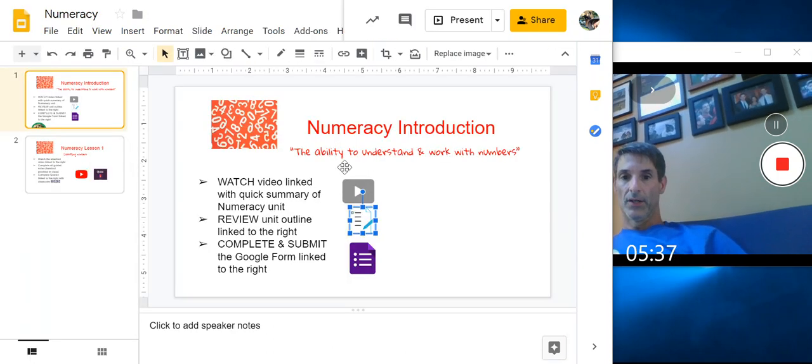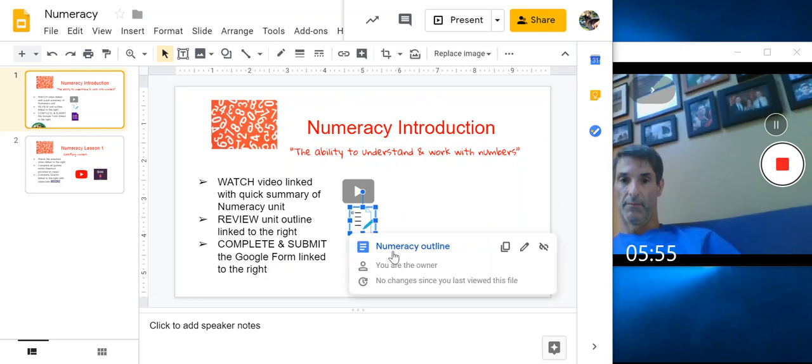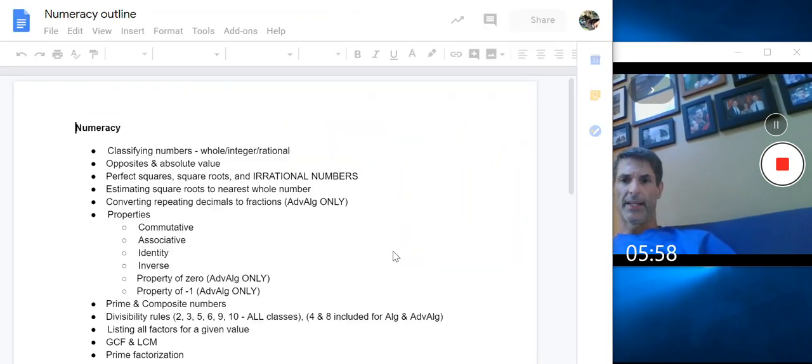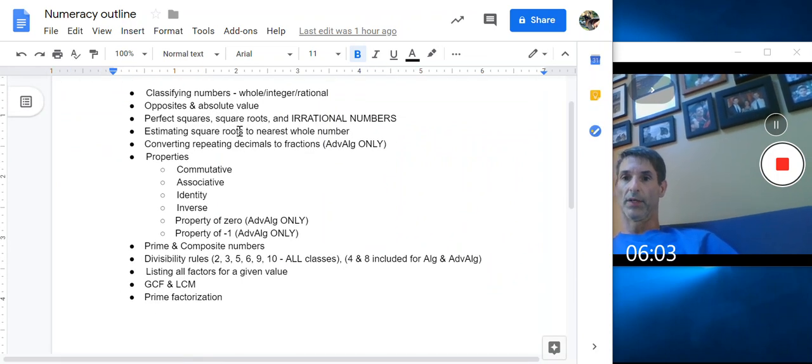And then you're going to go to this Google form. This Google form is going to ask you to tell in your own words what you know about certain vocabulary that is mentioned back in the outline. I think you're going to find a question that asks you to explain what you know about what a factor is, or put in your own words what you know about perfect squares. There are only about 5 questions, so answer those questions, submit,